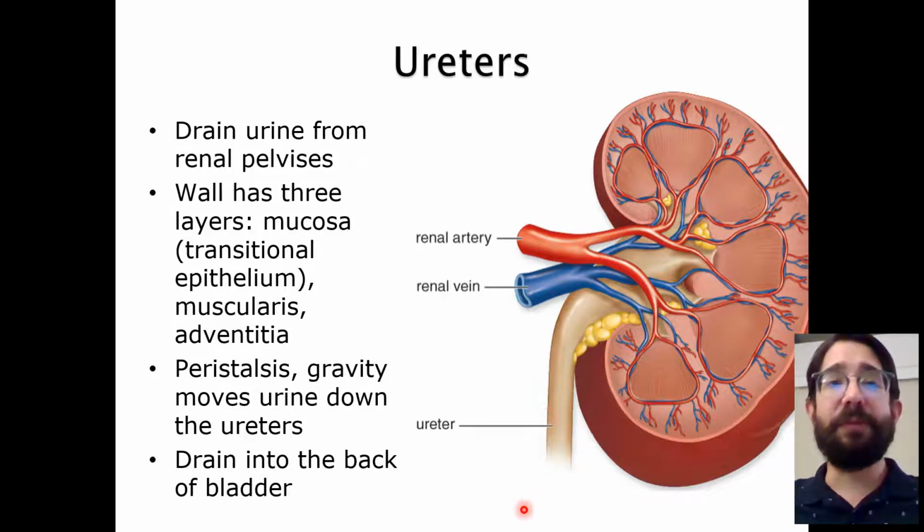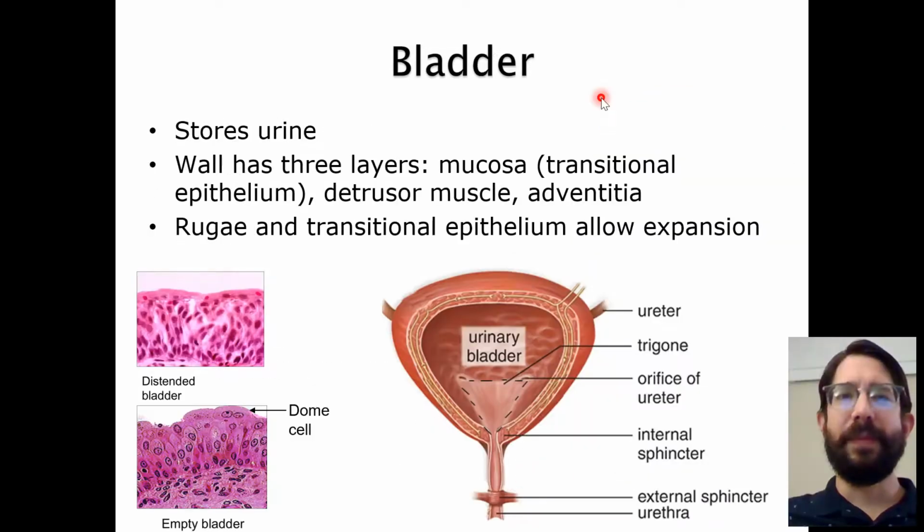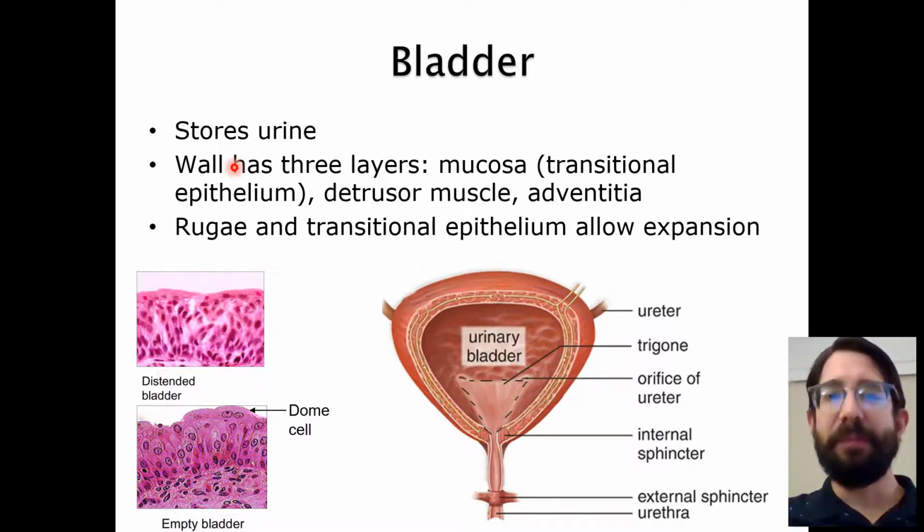And eventually the ureters will plug into the back of the bladder. The bladder will store the urine, of course, and its wall has 3 layers. Mucosa made of transitional epithelium, just like the ureter. There's a muscular layer, just like the ureter, and an outer adventitia, just like the ureter. But the big difference is in this muscular layer. The bladder has this thick muscular layer called the detrusor muscle, and that's what will push the urine out of